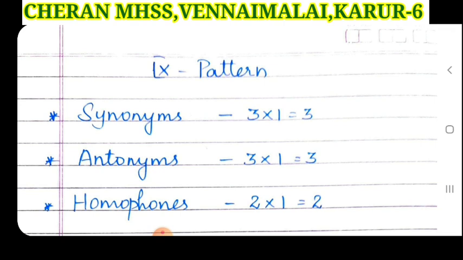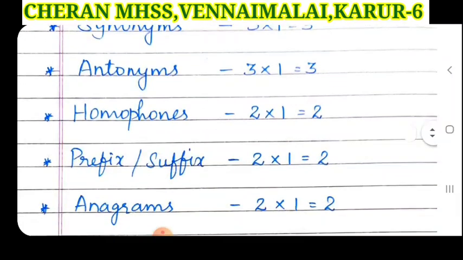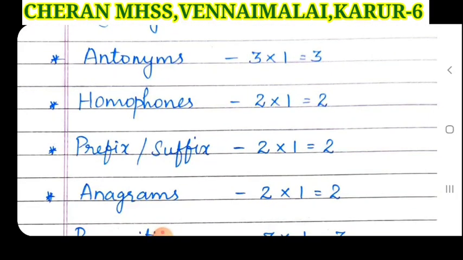So put number 1, Roman letter 1, synonyms, and you can write the number, write the question and a small hyphen, and you can write the option A, B, C, D. Options will be given, children. You have to write the correct option and then you can write the answer. The hyphen should be in a straight line. So for synonyms and antonyms, you have to write question, then hyphen. For antonyms you have to put into mark, and then the options can be written and then the answers can be written, right? Homophones will be like fill in the blanks, children.